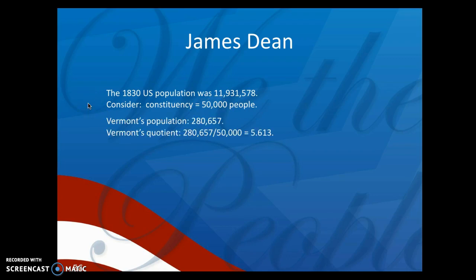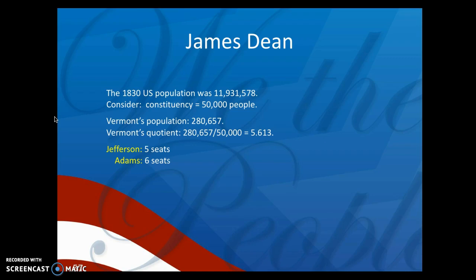And let's take Vermont as an example. Vermont's population at the time was 280,000. So if we divide Vermont's population by 50,000, we get their quotient Q, 5.613. So then the issue becomes, does Vermont get 5 or do they get 6 representatives? It has to be one of those two if we're going to satisfy that quota rule. All right, so the Jefferson method says round down, 5 seats. That's what was in use. So Vermont at this time had 5